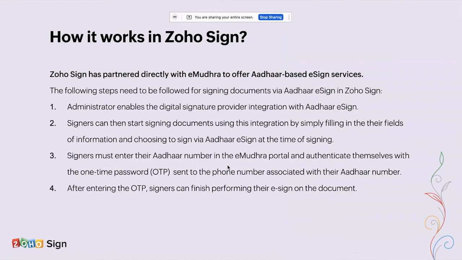So, Zoho Sign has partnered directly with eMudhra, which is a licensed certifying authority that issues digital signature certificates, to offer its Aadhaar based eSign services. To use this integration, your administrator will enable the integration for all the signers. Signers can then select sign via Aadhaar eSign after filling all the input fields at the time of signing. Now, all they have to do is just enter their Aadhaar number in the eMudhra portal,